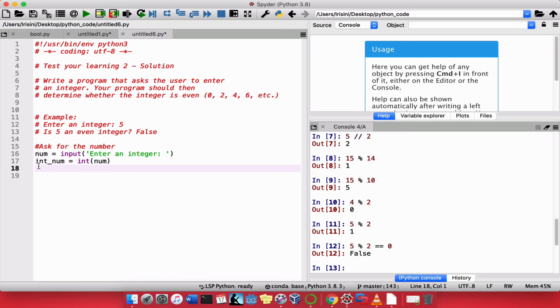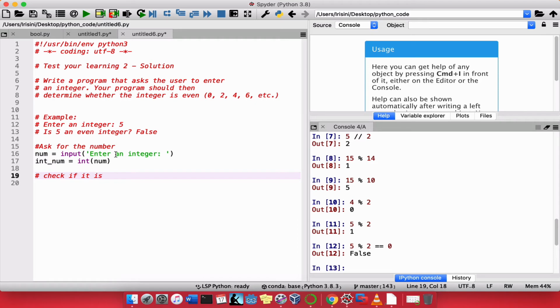So what I did in line 16 and line 17, you could do that in one line by wrapping the input with an int. But like I mentioned earlier, it's not the most elegant or most simplistic approach. In programming, you want to make sure that your code is understandable, and you don't want to obfuscate or make your code look complex to other people who are reading it. Okay. All right, so we have asked for the number. Now let's